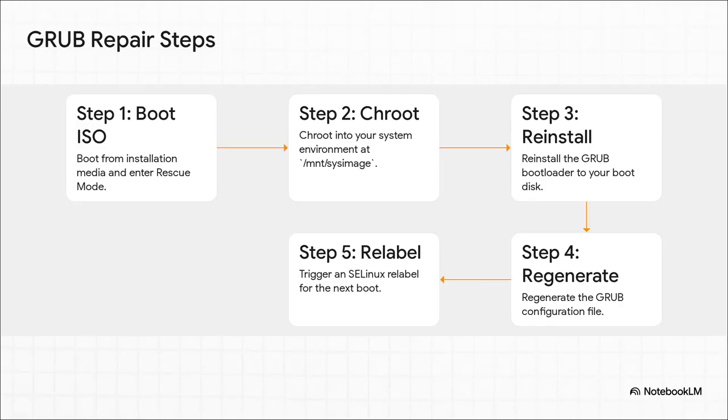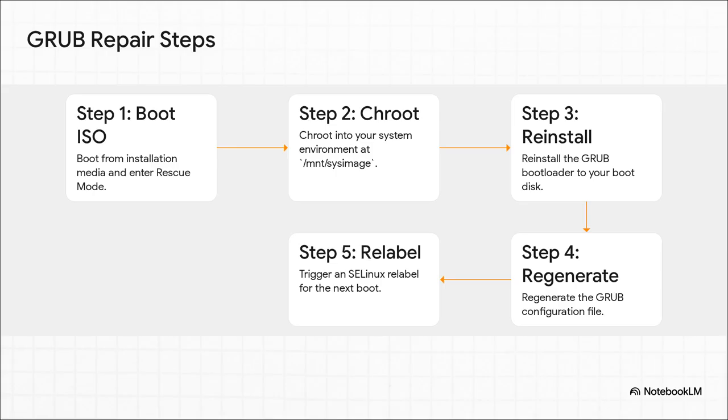Now for this one, our built-in rescue kernel won't cut it. We need to call in the cavalry. You'll need to boot your system from the original installation disk or a USB drive. From there, you enter a special rescue mode that lets you chroot into your broken system. It's kind of like performing surgery from outside the patient's body. Once we're in, we'll reinstall GRUB, rebuild its map, and then, and this is super important, we'll do one final